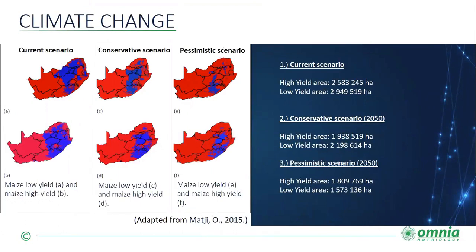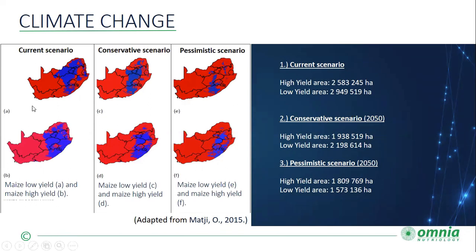Now, the second and last study that I'll be showing you is a further study which highlights agriculture's vulnerability, where predictive modeling based on different carbon dioxide emission scenarios has been done. And they identified current and future climatically suitable areas for maize using this model for the year 2050 in comparison to our current scenario.